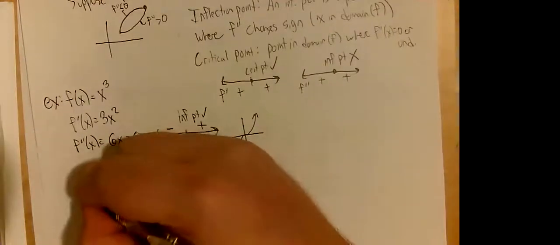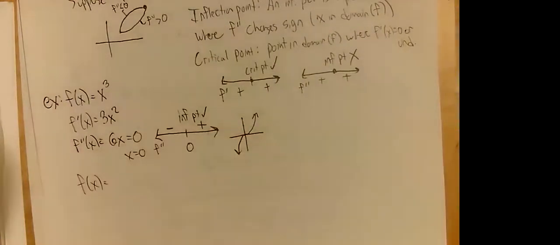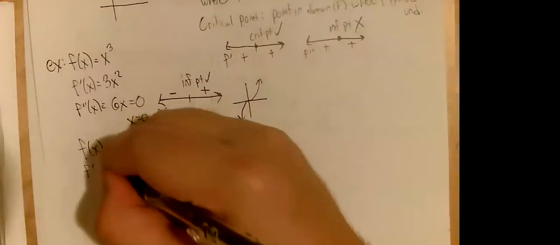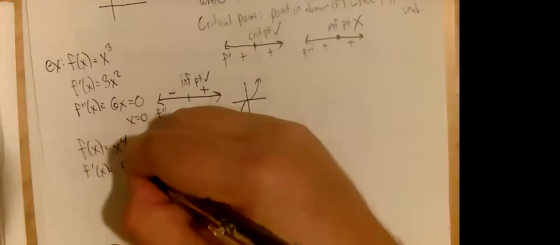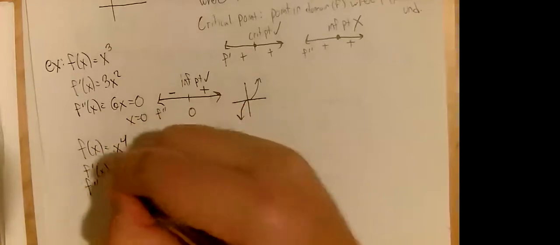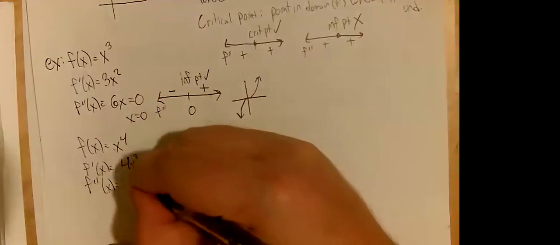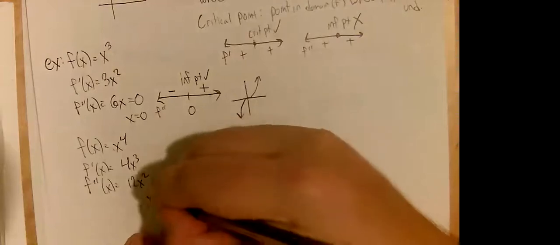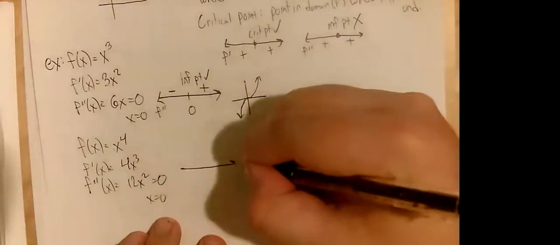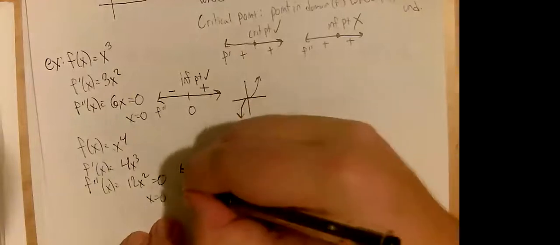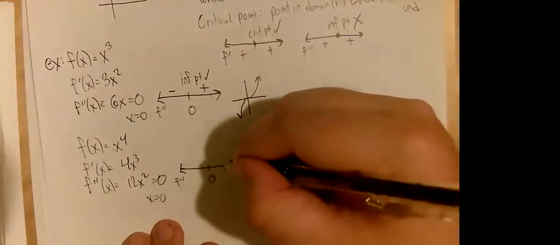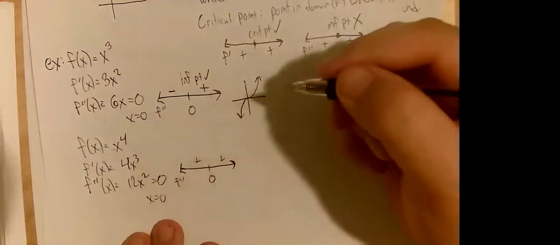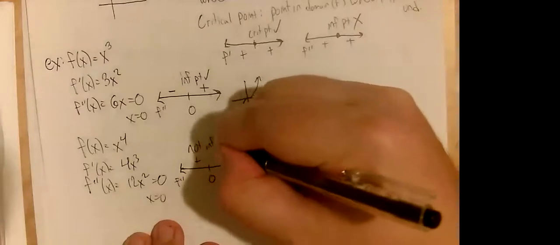All right, now another example, or kind of like a non-example. If we have f of x be x to the 4th, then f prime is 4x cubed, and f double prime is 12x squared. So we see that once again, we have x equals 0 as a place where our second derivative is 0. But this time when we plot it on our number line, we have 12x squared. So whether we plug in a negative or positive number, the result will be positive,